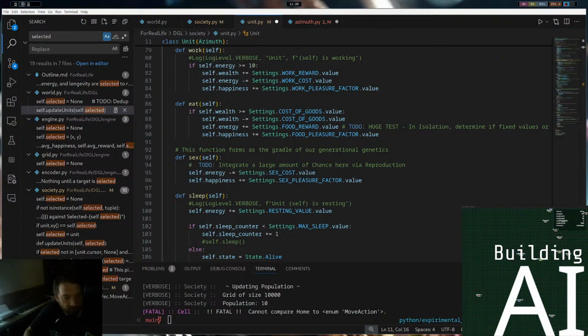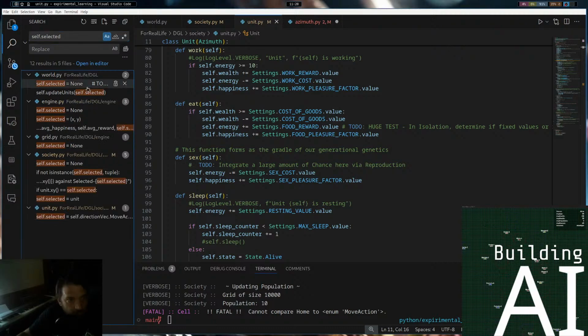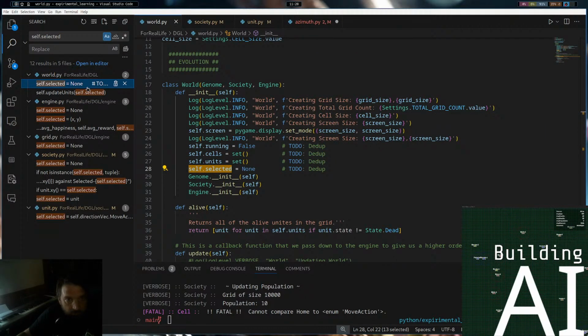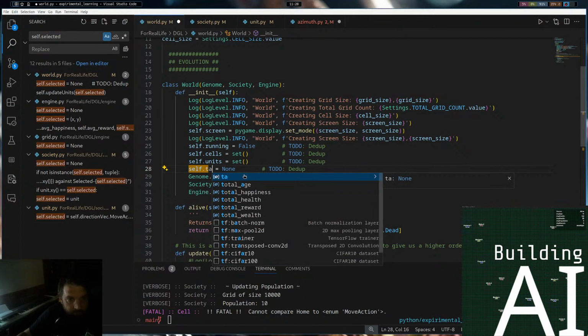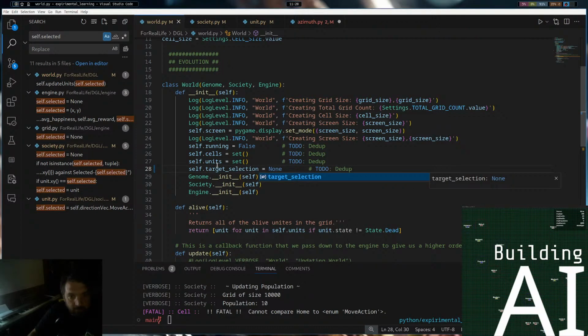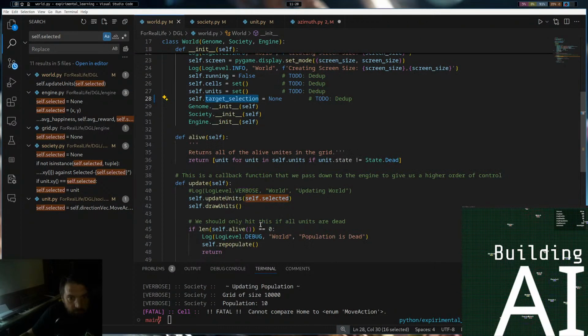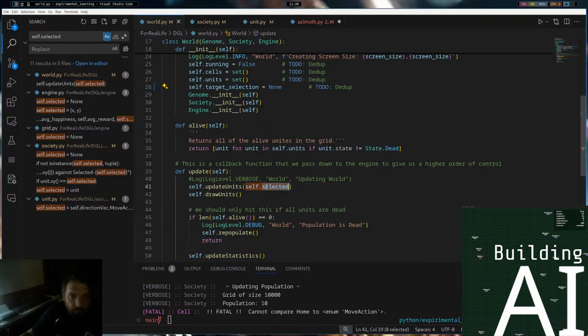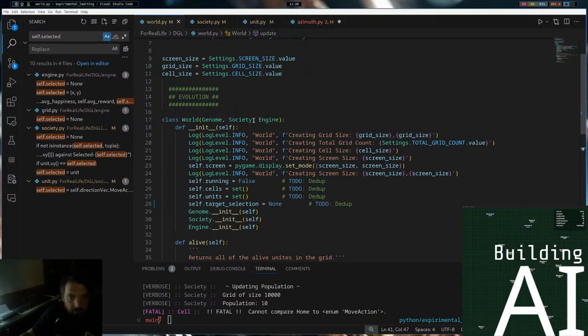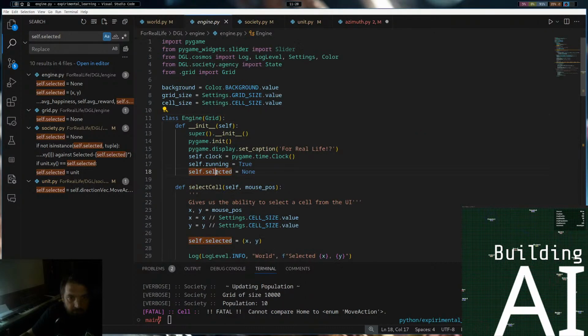We're trying to track down this whole concept of self-selected, because we're using selected now. We need to remove that from here. No, we don't. We need target selection. Target selection, and then in the engine,